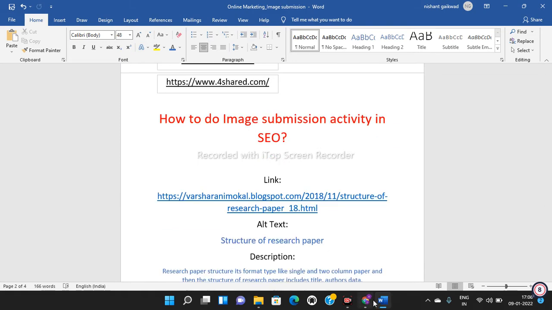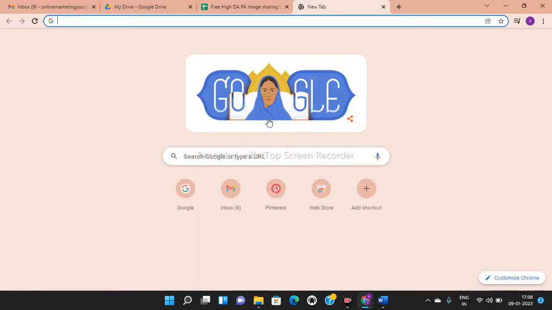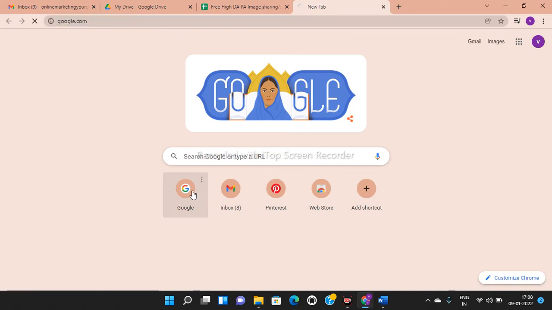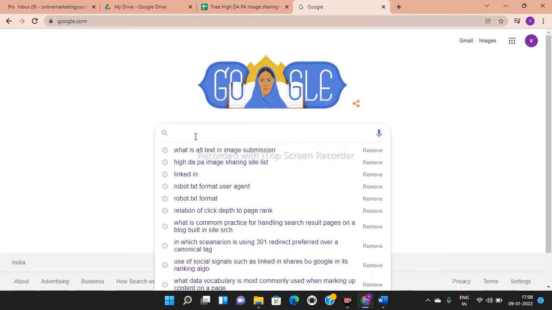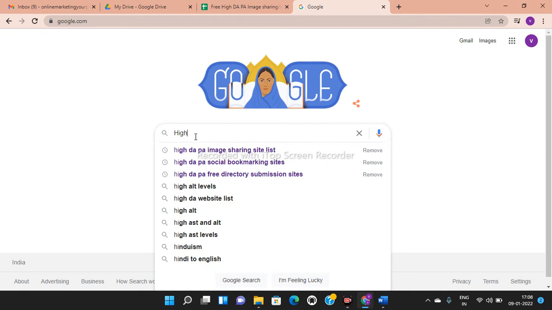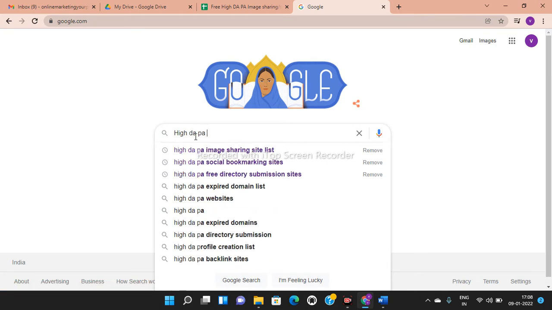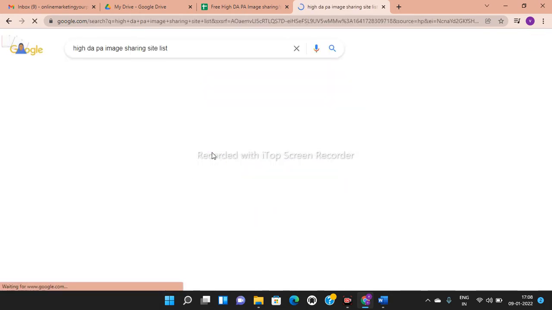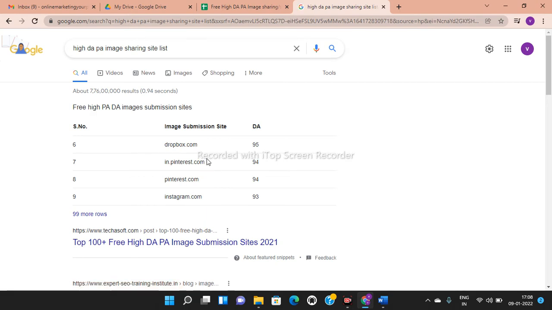So you just have to go to Google here. Open Google. Now type here high DAPA image sharing site list, right? So you can see here is the list. Now here is Pinterest. You can see Pinterest has a high DA, which is 94.